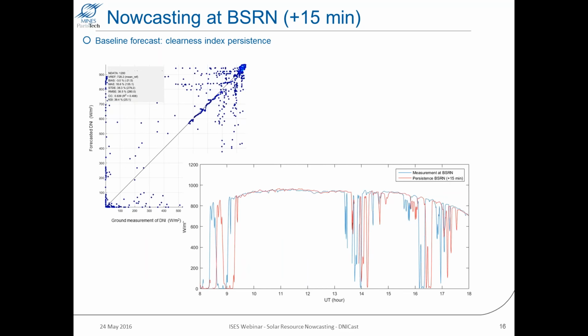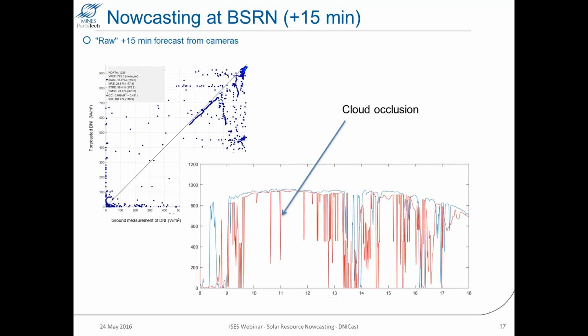Using this nowcasting based on fisheye cameras, you get this type of result, with a time horizon of 15 minutes, at the baseline station from the two remote places where the cameras are. You get some results. So you have some problem of missing clear instances, but you can see here that we have a nice estimation of a large amount of drops of DNI, but we can also see that we have some artifacts here, many artifacts due to cloud occlusions.